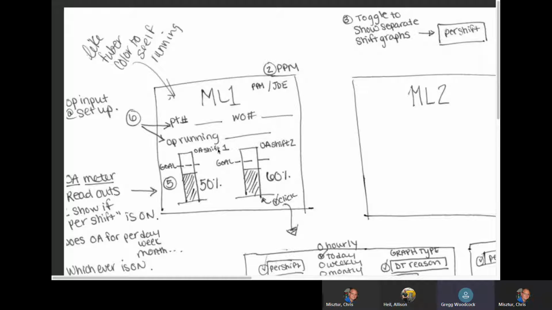JDE? I understand PPM, but what's the JDE? So the JDE is going to be the pieces per minute expected per our ERP system. So that's going to be a lookup based on the part number. Oh, so PPM is what's actually happening, and JDE is what you would like it to be. Yes, and PPM, it's either going to be,